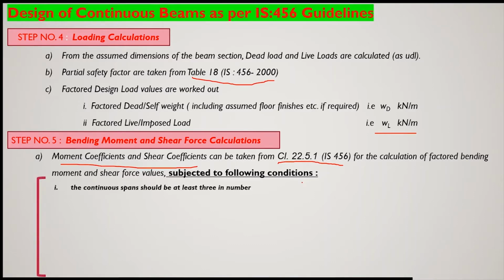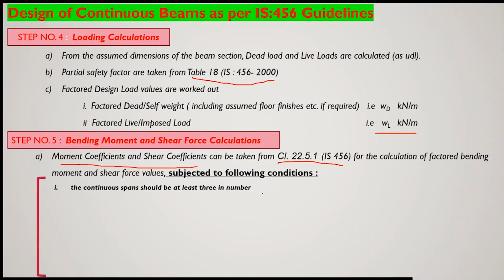The very first point is that the continuous span should be at least 3 in number. So if the continuous beam you are designing has more than 2 spans, that means at least a 3 span continuous beam,